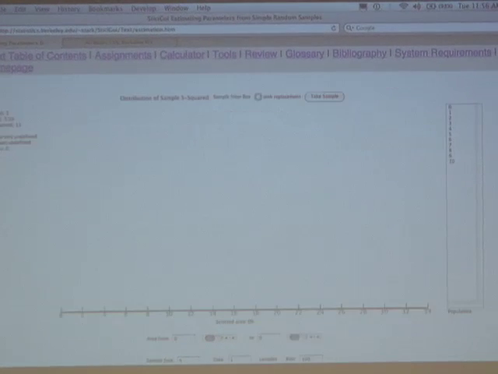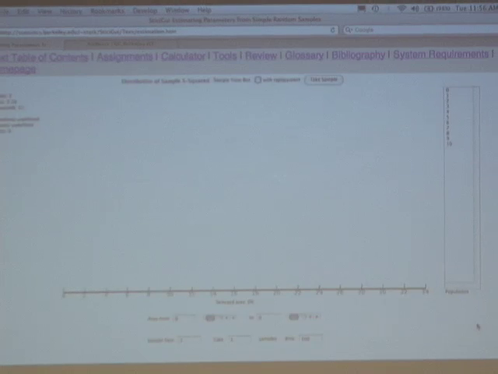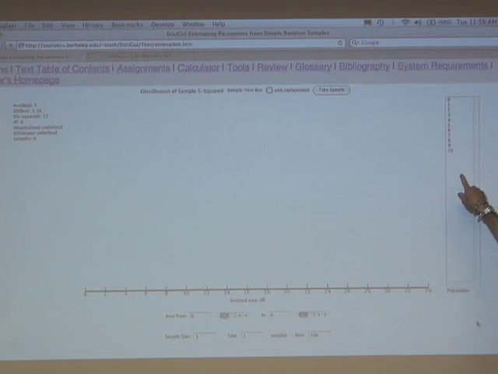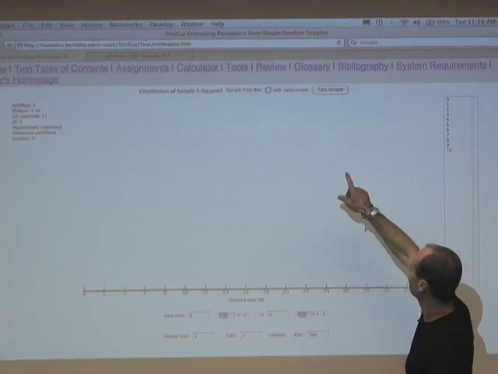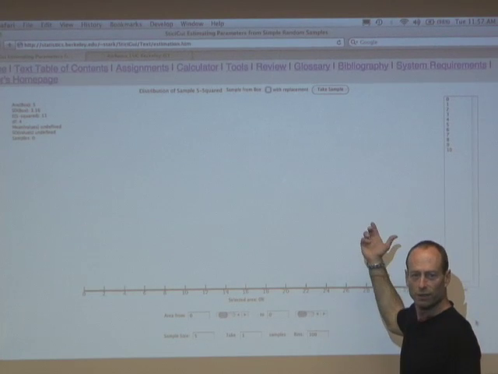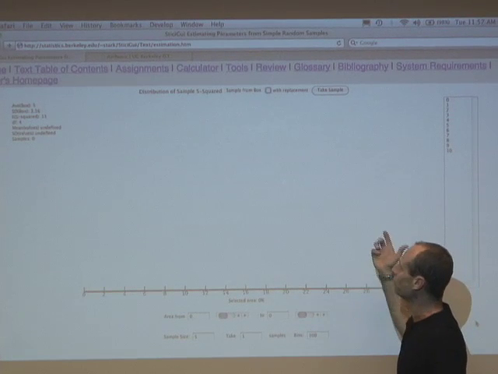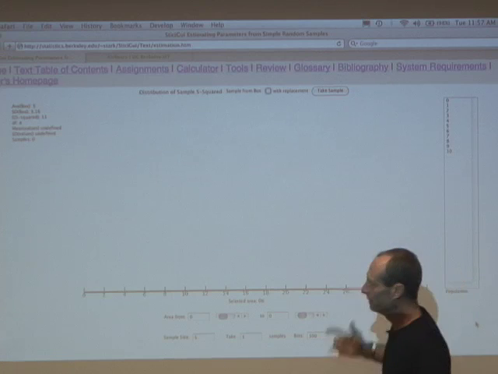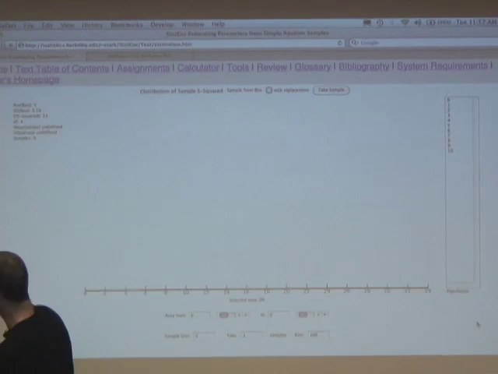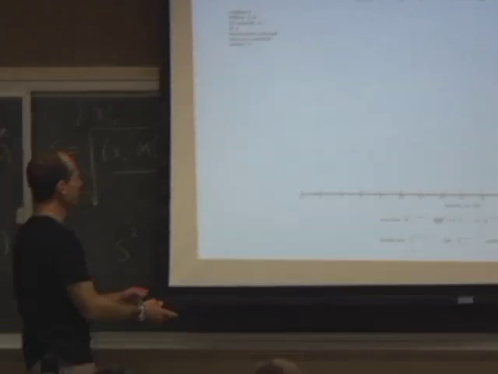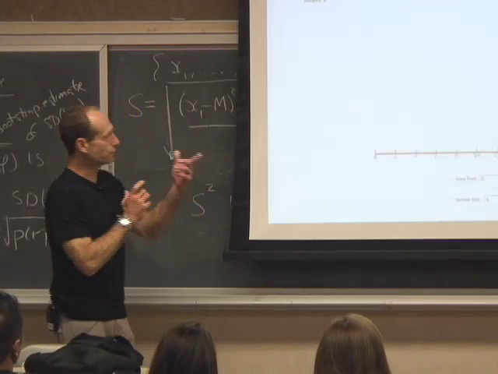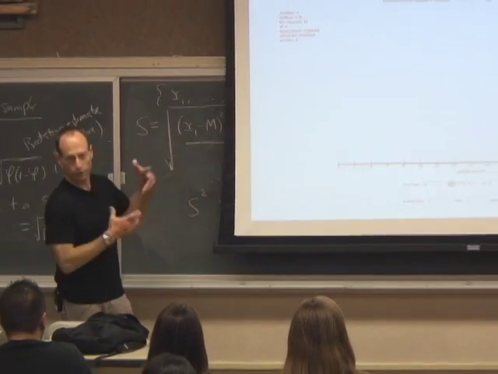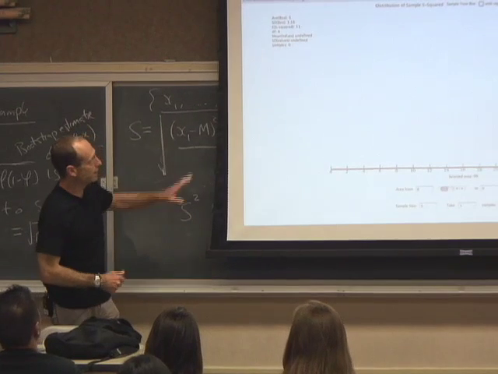Okay, so this is our sampling applet as before. We've got the numbers 0 through 10 in the box. But now what we're calculating, instead of the sample mean or the sample sum, is S squared. Each time we draw a sample, we're going to calculate this thing I've just covered up: the sum of the squares of the residuals from the mean divided by n minus 1, and not taking the square root. We're looking at S squared because it's S squared that's supposed to be unbiased for